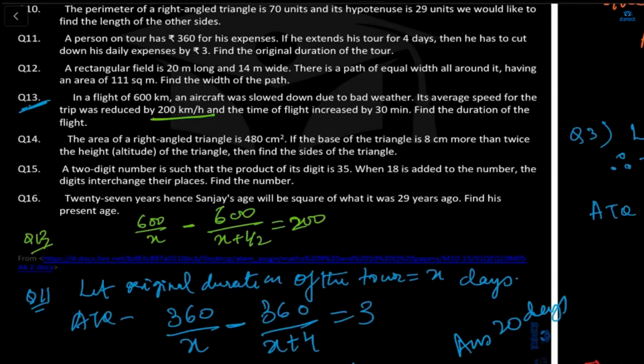Yes, ma'am. Okay, now question number 14, you'll say quickly. The area of a right angle triangle is 480 centimeters square. The base of the triangle is 8 centimeter more than twice the height of the triangle. Okay, this question you can formulate now. So here you can assume the height as x. So base will be what? 8 centimeter more than twice. So 8 plus